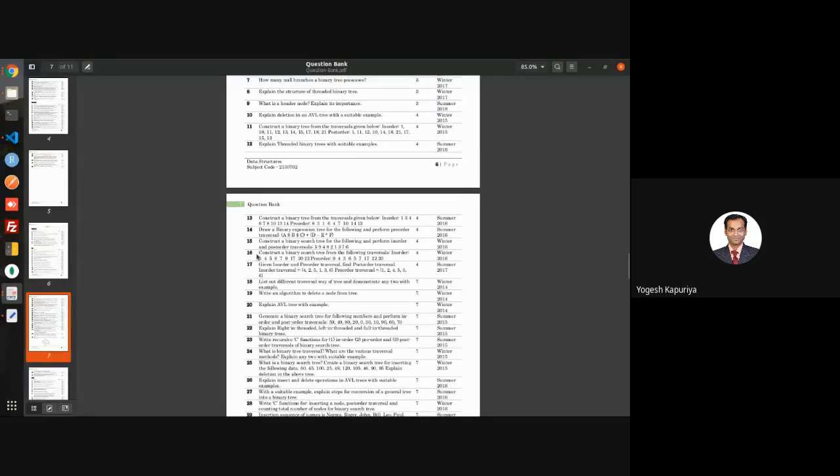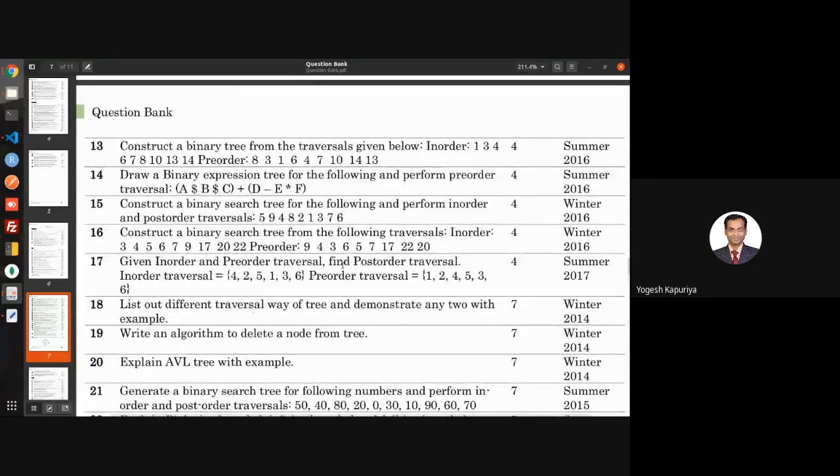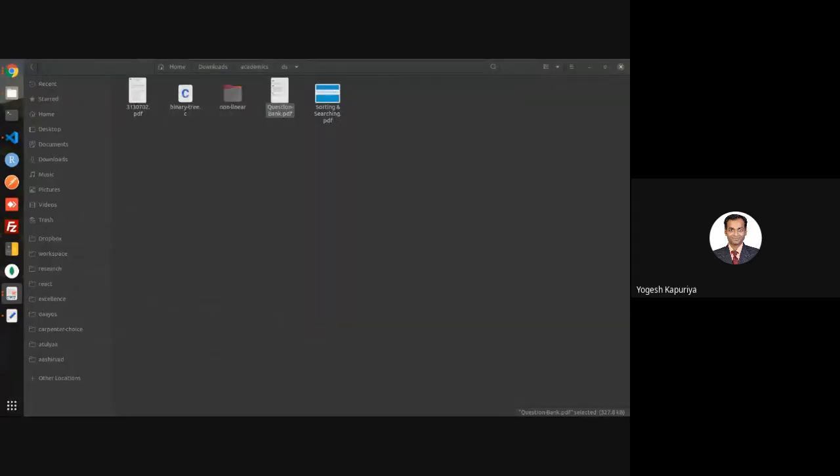So let's pick this. It says: construct a binary search tree from the following traversals. In-order is this and post-order is this. Let's take this example and construct a binary tree from this.